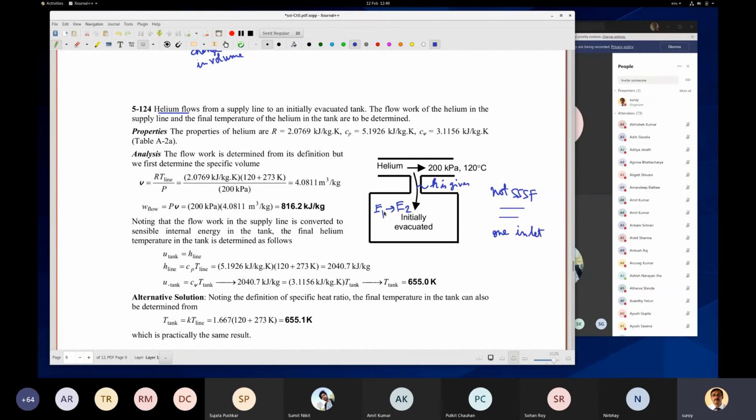So how will this change? Energy change will happen from E1 to E2, right? Because of the enthalpy that is coming in. So you have to set up the equation because of the enthalpy coming in. Right? And how will you do mass balance? Mass balance means M1 goes to M2, and so M2 minus M1 equals delta M. This is also mass balance. This mass balance also has to be done, right?